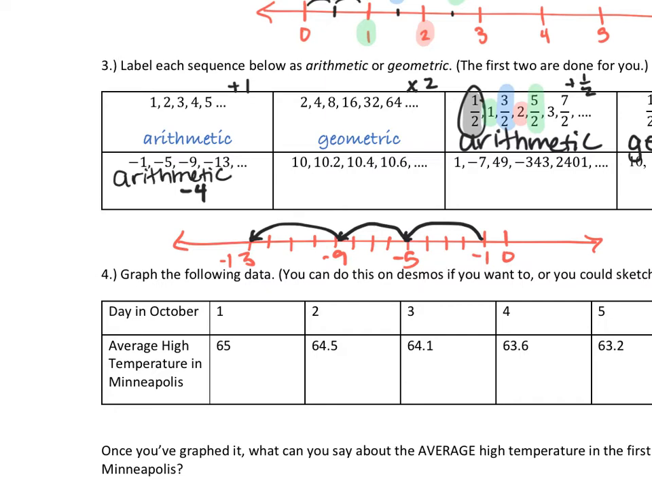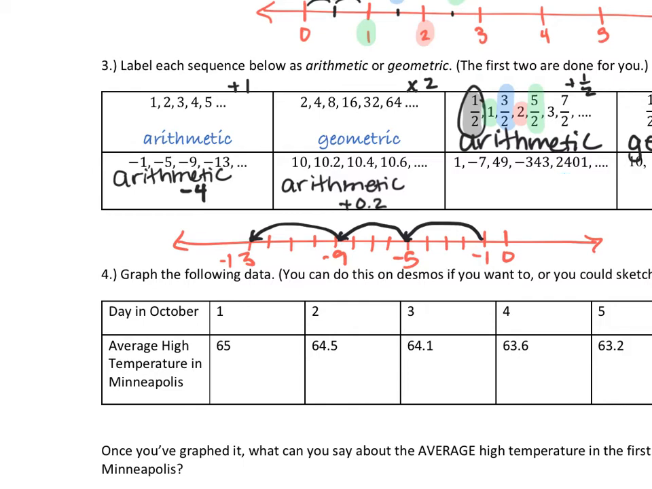Okay. Here, it looks like I'm adding by 0.2 plus 0.2 plus 0.2. So this is also arithmetic. We're adding plus 0.2. Oh, this one's strange. 1, -7, 49, -343,